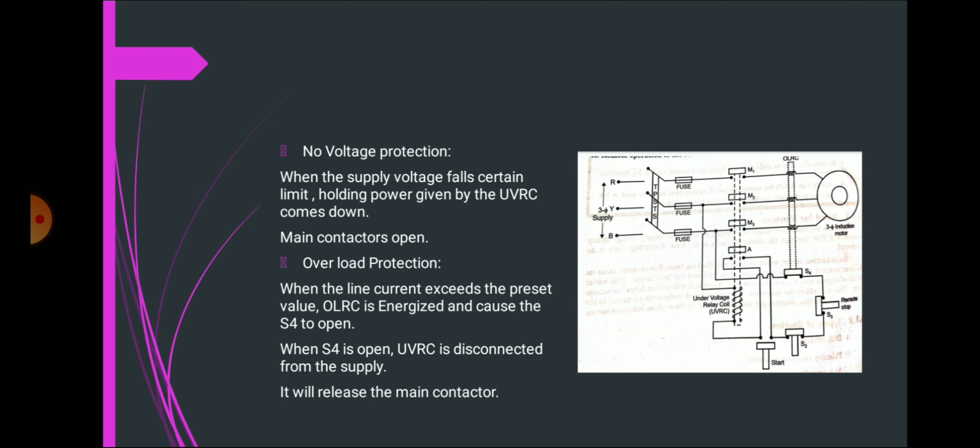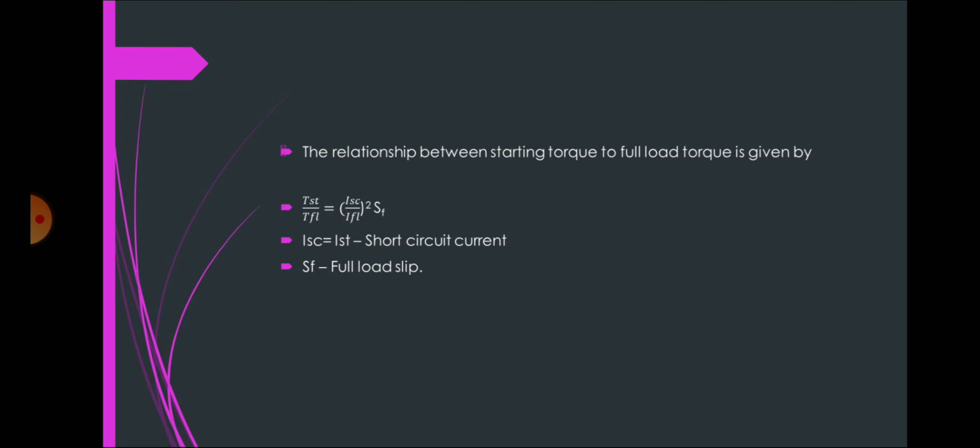When the DPST switch is closed, the under voltage relay coil is energized, and it will operate the main contactor to form a closed path. Hence, the full voltage is fed to the motor and it runs. Closing the contactor A retains the supply to the UVRSC. Contactor S2 is used to disconnect the supply from the motor by manually pressing it. Remote operation of the same can be achieved with the help of the contactor S3.